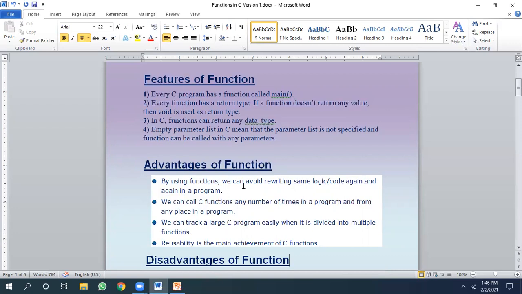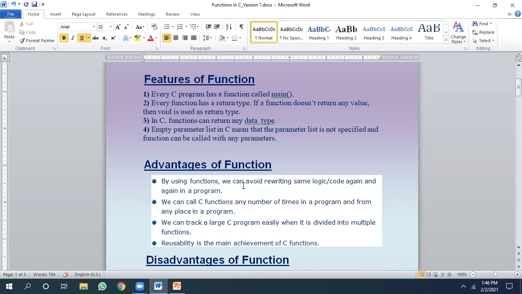Suppose we have written a function for square root, which calculates square root in 10 lines. Now suppose we are using that square root function 5 times. Without function, we have to write 10 lines 5 times. That means in total there would have been 50 lines.